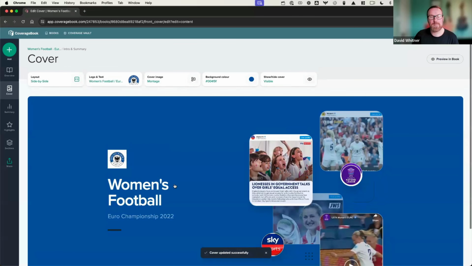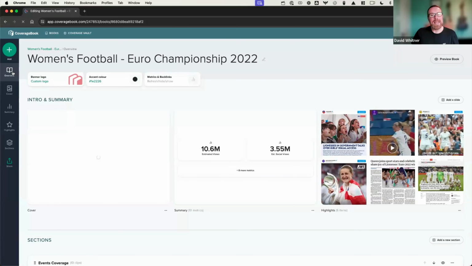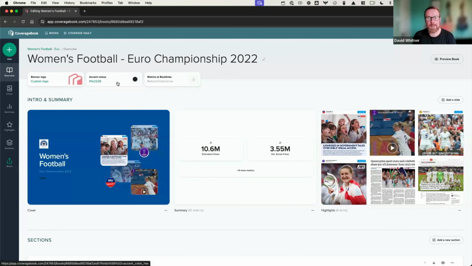Great. So now I've been able to brand my report with both an organization logo for my own agency and also my client's logo specifically for the front cover as well. Now, the next thing that you can do is you can use our accent color option. And this is a really subtle minimalist change, but it can add a nice branding highlight to